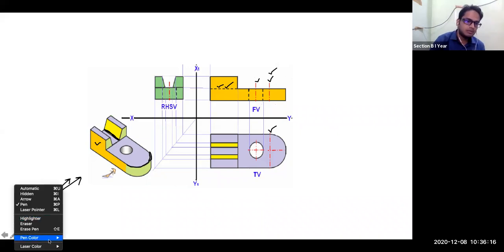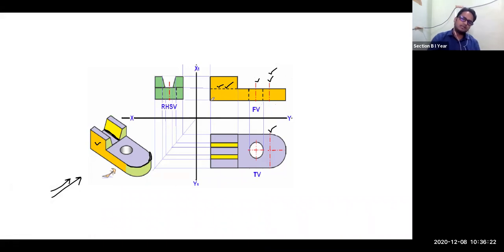For projection I will use a different color, let me choose gray. When I draw the front view, how do I draw any view? First you have to draw the reference line XY in the horizontal direction. We will draw only the front view and top view for the time being; forget about the side views. Then observe which faces you are able to see from the front, and draw that front view with the dimensions given in the figure. Here dimensions are not given, but in an actual problem I will give you the dimensions also.